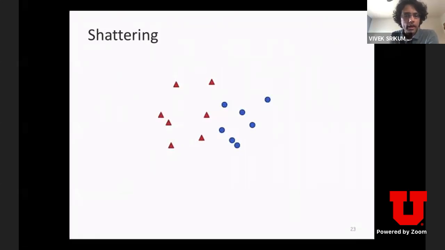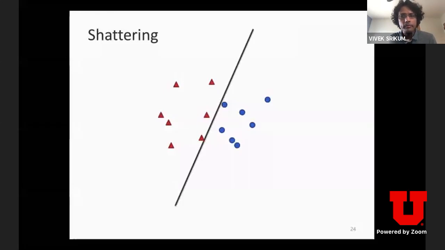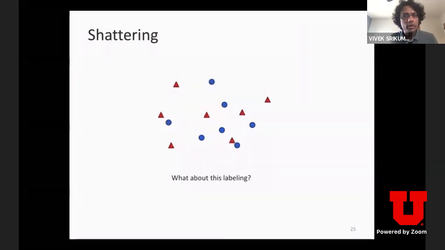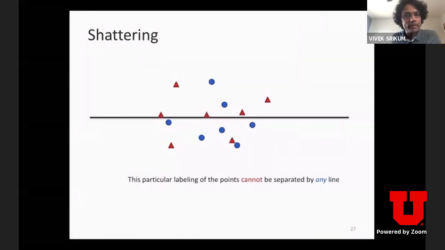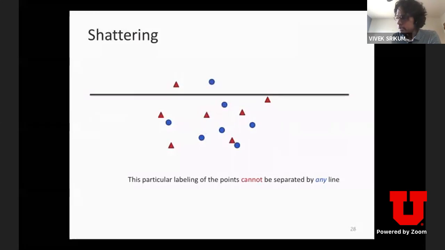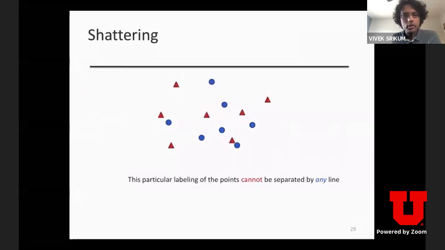If you label them as shown on the slide, then of course this is linearly separable. I can draw a line that separates them. This does not mean it satisfies the definition, because there is this labeling here, which is much more complicated. No matter how you try to place a line, you can't separate the triangles from the circles. So the lines are basically 14 points,